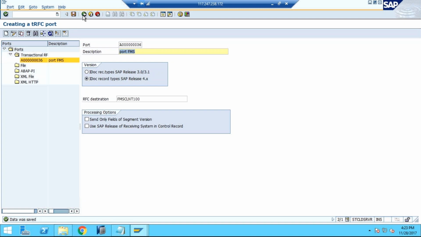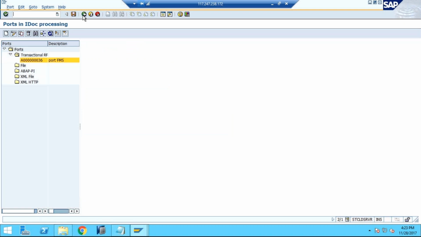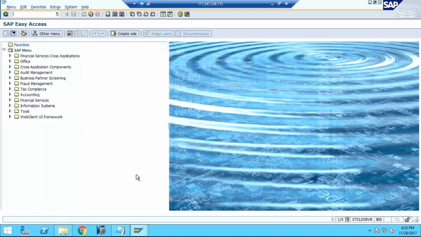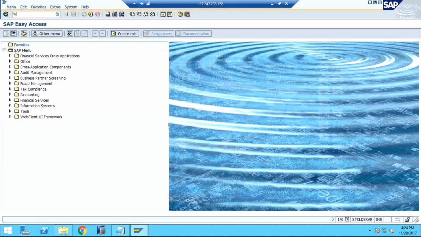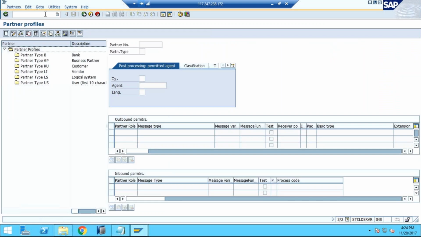So now we have to go back. This is the step. Then the final T code is for creating the IDoc and so on, that is WE20. So when we go to WE20, here we have to maintain those 5 IDocs: WPUBON, WPUTAB, WPUUMS, whatever the 5 IDocs we use, we have to